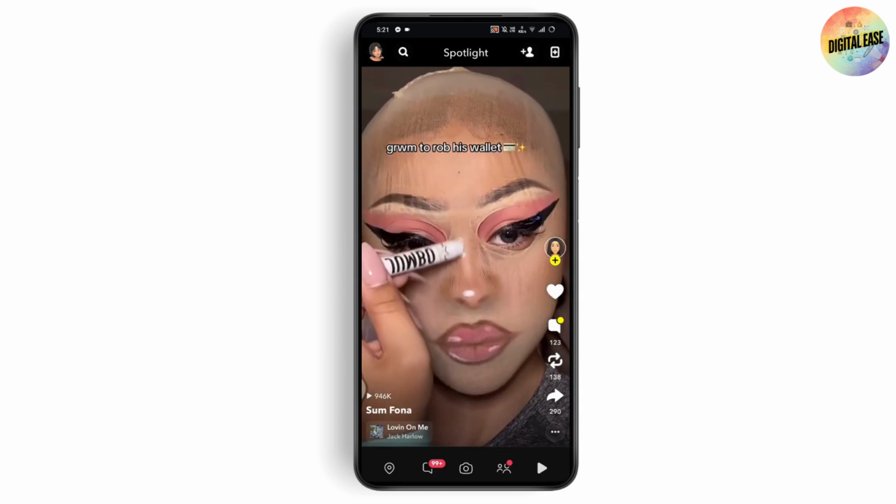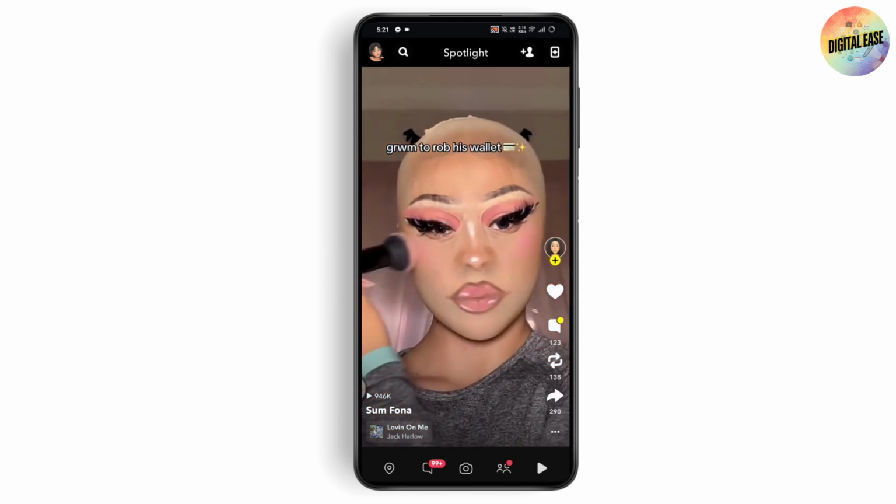So these were the ways to get easiest subscribers on your Snapchat public profile, and if you have any questions,